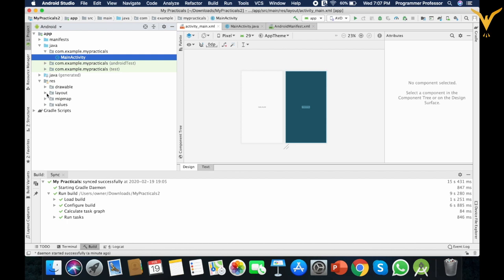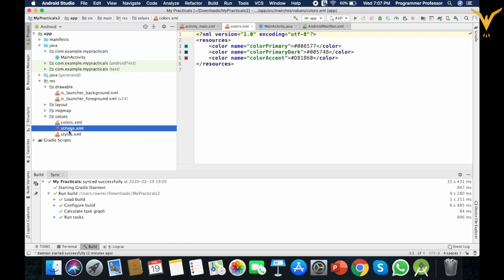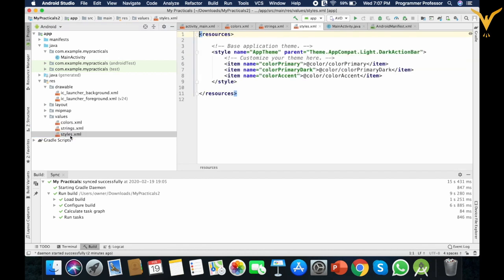Then if you want to add any images or any other external components, you can add in drawable folder. Then you have these values folder. It contains three files: colors.xml, strings.xml, and styles.xml.